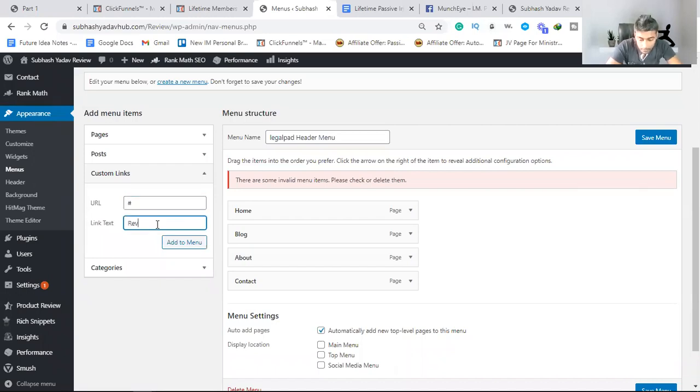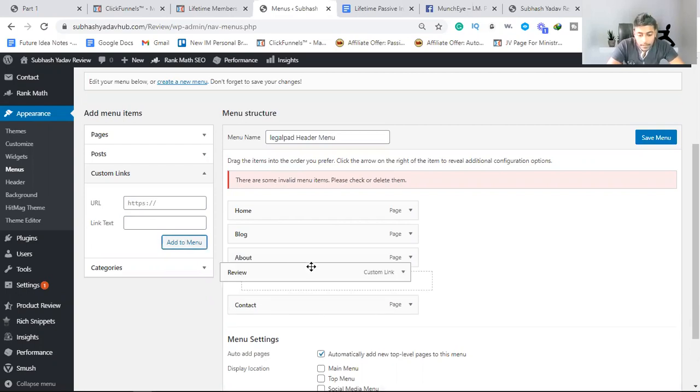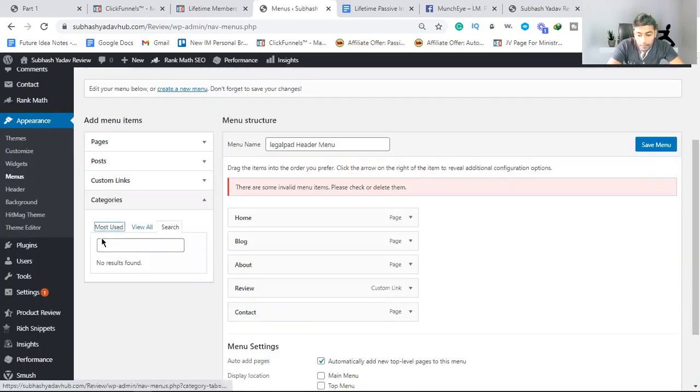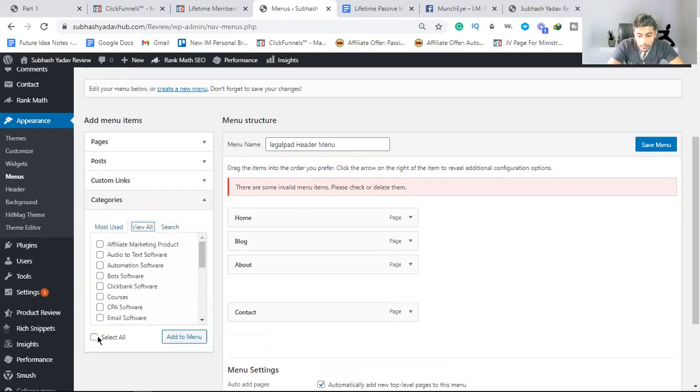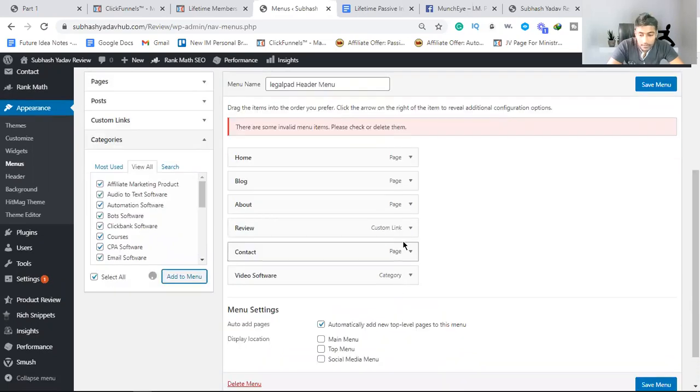Here you can create a review menu, and click the middle. After that, the category, you can add most video, click on here and add all.